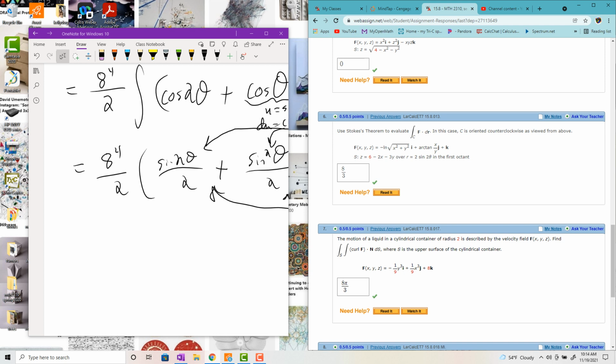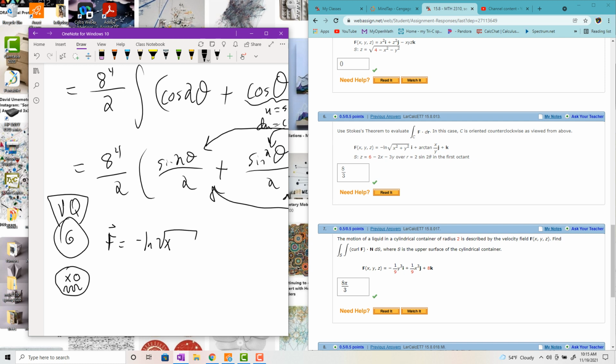Let's look at, I guess, number 6. We'll make that one the video quiz. So we have the force field, and this one is definitely going to give me a severe panic attack kind of problem. Negative ln square root of,